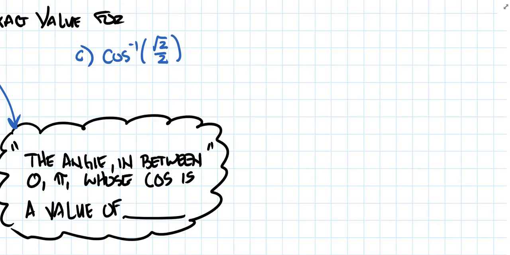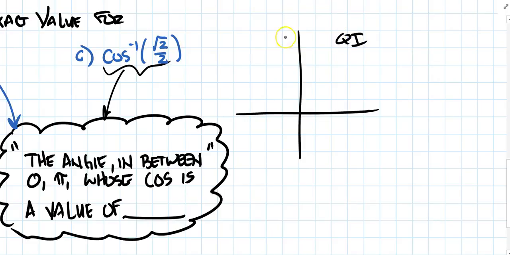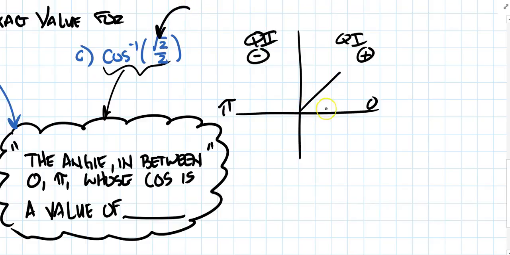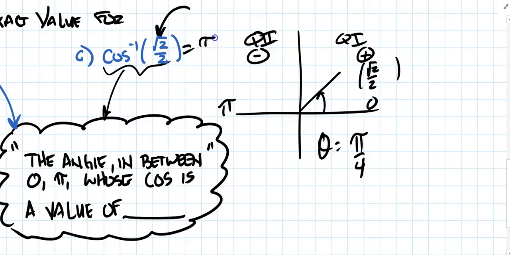Okay, here's example C. Again, when you see this statement, I want you to read this off in your head: the angle in between 0 and pi whose cosine is a value of √2/2. So the picture that you draw, here's quadrant number 1, here's quadrant number 2. I know that inverse cosine lives between 0 and pi. I know that cosine's positive in quadrant 1 and cosine's negative in quadrant 2. And since my value is positive, I know that my angle is going to terminate in quadrant number 1. I am looking for the angle that has an x-coordinate of √2/2, and that angle happens to be pi over 4. So this answer is pi over